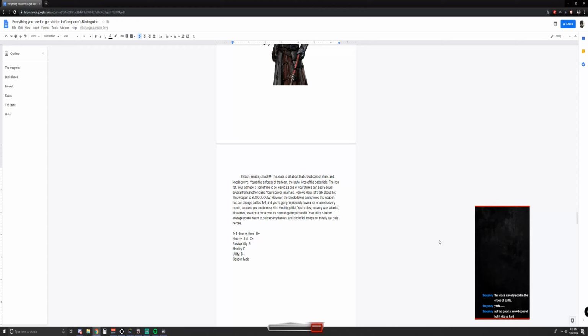Mobility, we've gone over this. It gets a straight up F. It's low in every sense of the word. Utility, B- because you're getting a lot of assists. You're killing a lot of heroes or assisting a lot of hero kills,